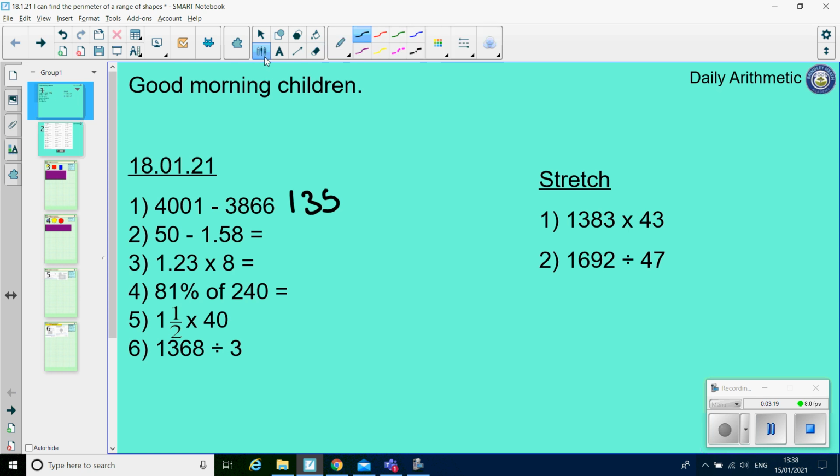Okie dokes. Question 3, we are doing a decimal times by a whole number. Now, unlike column subtraction, when we're timesing by a decimal, we don't want to line up the digits in the correct columns. So this time around, you'd set it out exactly as I have set mine out on the screen. If you set it out with the 8 underneath the 1 in the ones column, you won't get the right